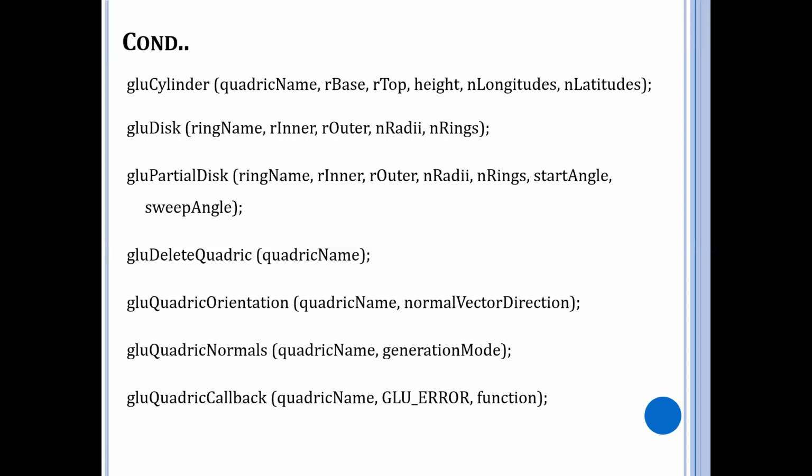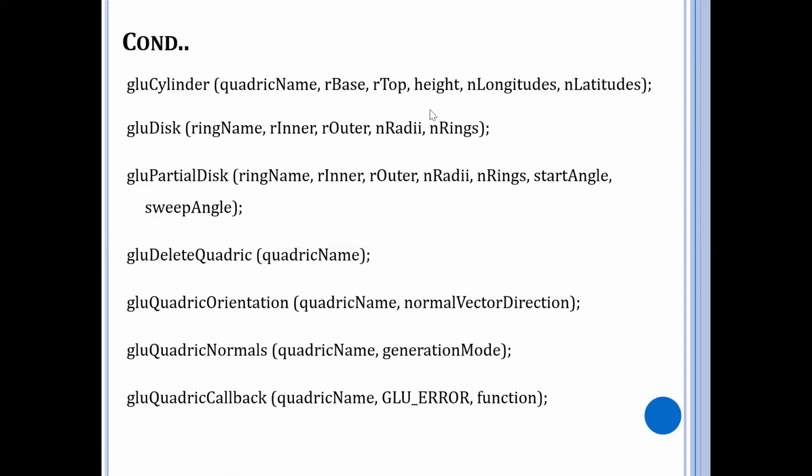The R base here is the radius at the base and R top is the radius at the top. If you recall the cylinder, it has a bottom and it has a top. So R base is the radius at the bottom or the base and R top is the radius at the top.